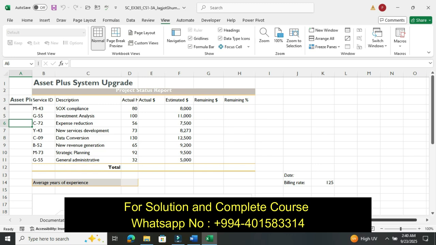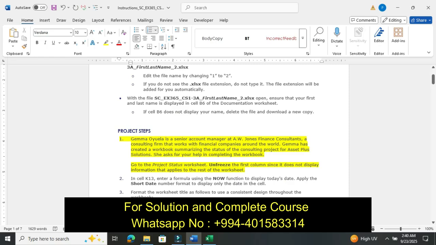You can move the sheet, it will be moved. So our step number 1 is completed. Simply unfreeze the first column.